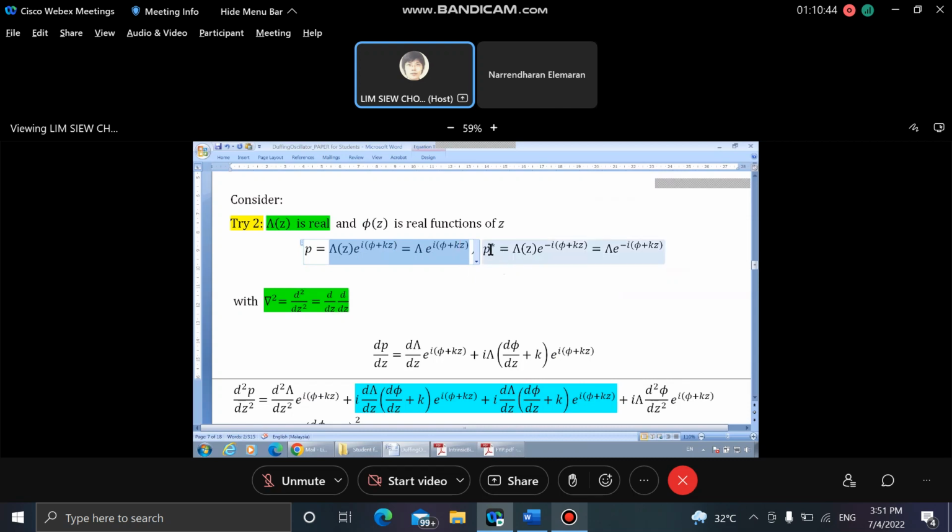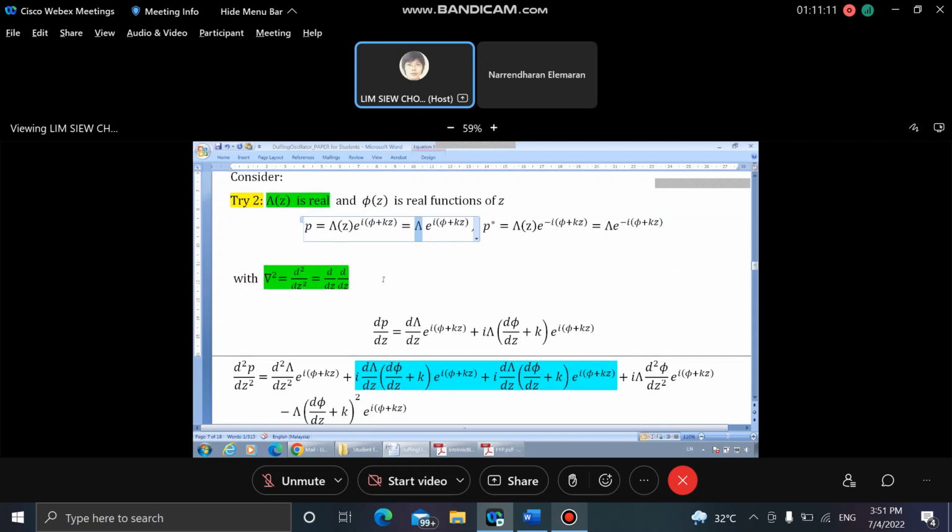But the P star looks simpler because we need just to change the sign in front of i. The sign in front of i here is positive. If we take the conjugate, then the sign in front becomes negative. This is the only change. Okay, and you can see that I say gamma, instead of gamma Z, because up to here, I don't want my writing, my typing to become complicated. I just drop the functional argument. So sometimes you can do